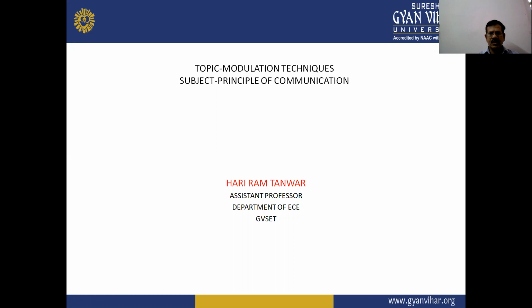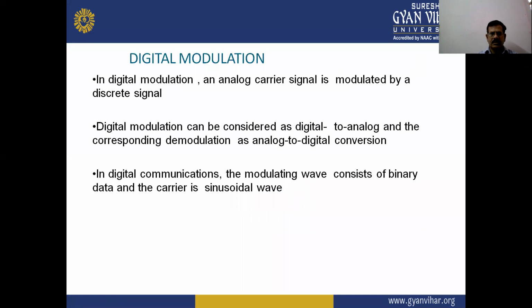The topic is the modulation technique, a subject of the principles of communication. Now we discuss what digital modulation is. In digital modulation, an analog carrier signal is modulated by a discrete signal. So digital modulation can be considered as a digital to analog conversion, and the corresponding demodulation as analog to digital